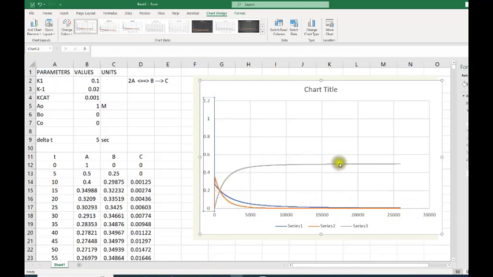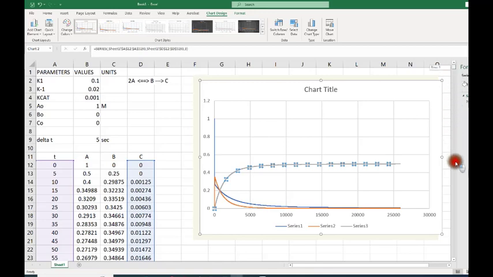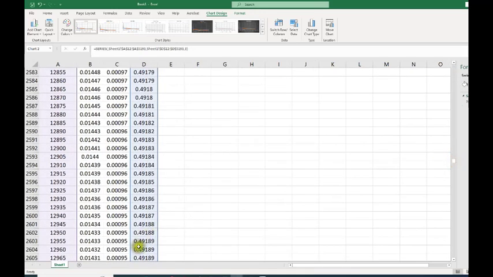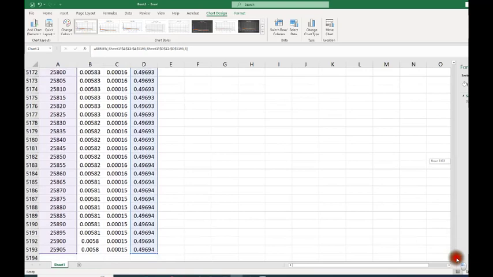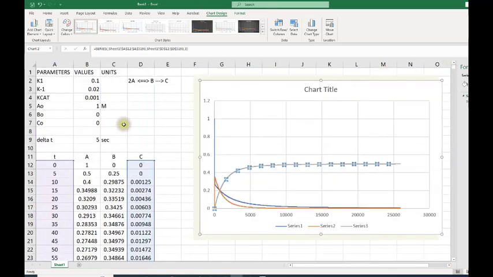So the only thing that remains was basically C, which if you check the end of it, is pretty much getting to a steady state value of basically 0.5,